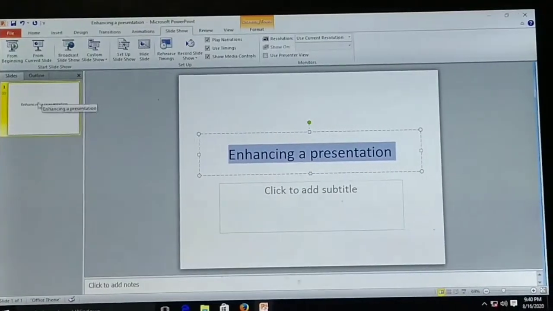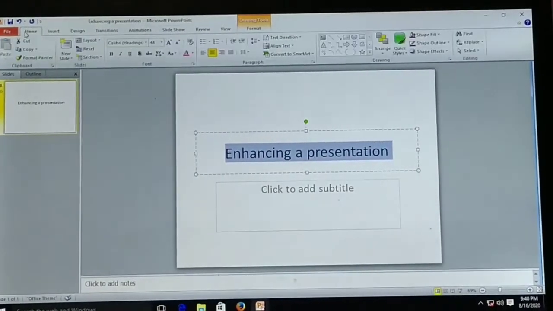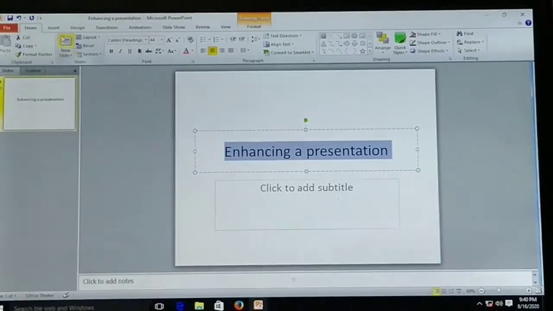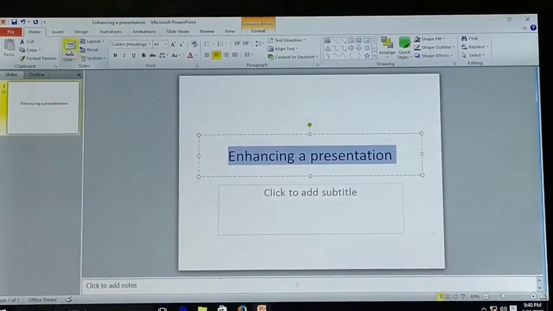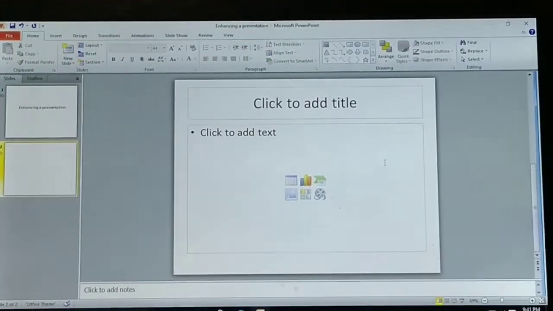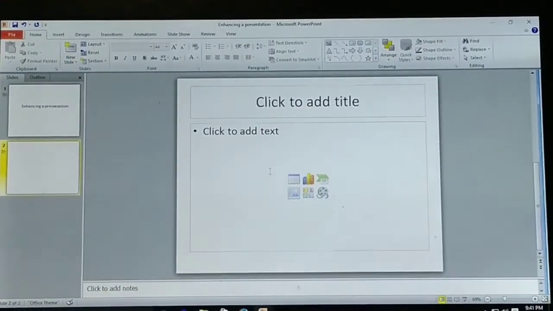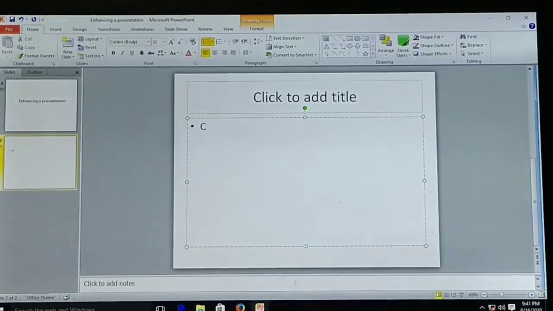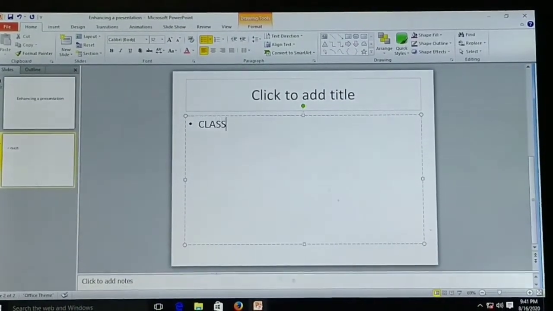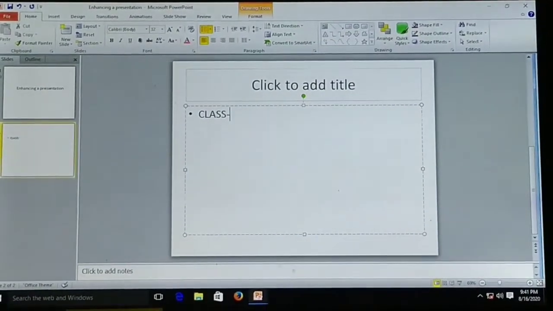For adding a new slide, we will go to the Home tab. Okay, here you can see the New Slide option is given. If you click on that, a new slide appears in your presentation. You can write anything over here. So I am writing over here Class 6.